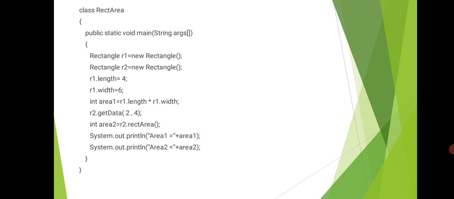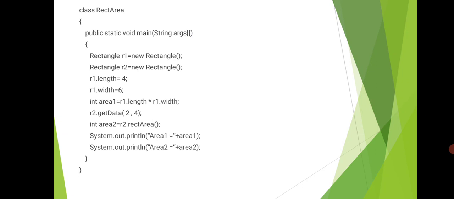So you know the Java main method syntax, that is it should be always public and it should be always static, and it does not return any value, so it should be always return type void, and it having one argument string args array, that is command line argument. When you are sending values at the runtime, it is stored in this array. Alright, so in this void main we are creating a rectangle objects, that is one is r1 and r2.